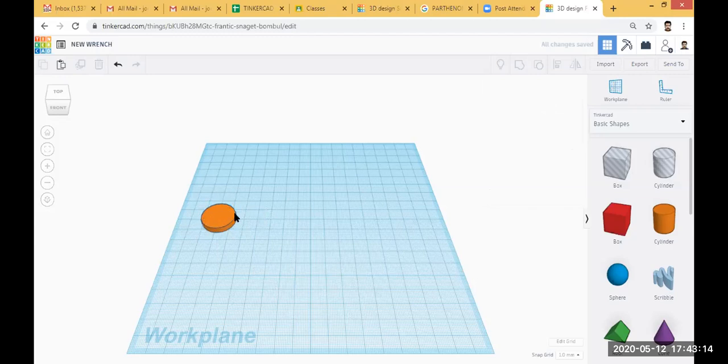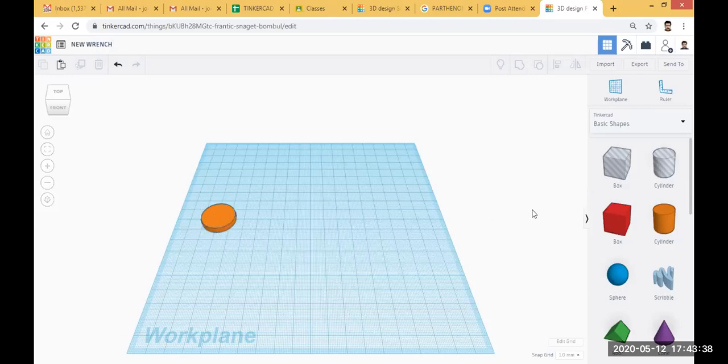Okay, either you can adjust the dimension with the help of the white dots, or you can enter the value of the dimension.